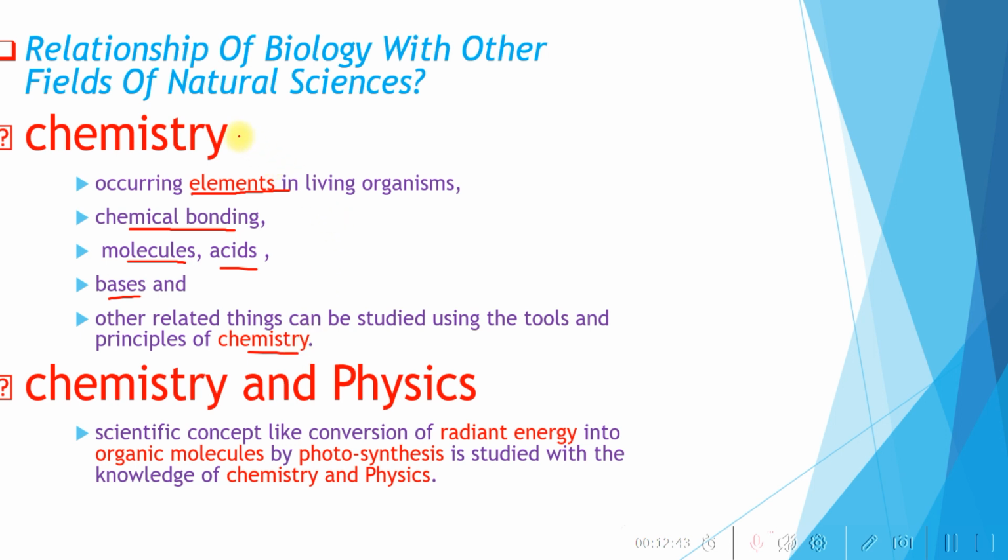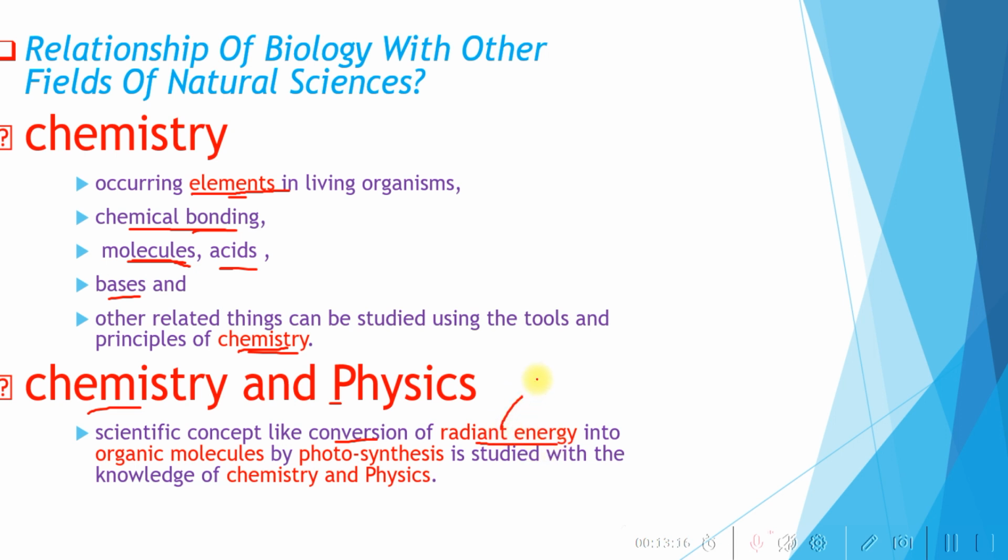So these things which are found in living things, the elements, the chemical bonds between substances, and the molecules found in living things such as acids, bases, and other related things can be studied using the tools and principles of what? Chemistry. And also chemistry and physics, as an example, scientific concepts like conversion of